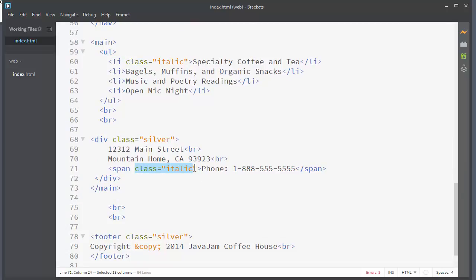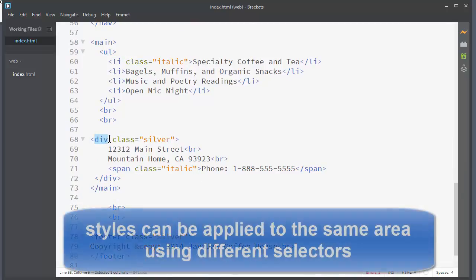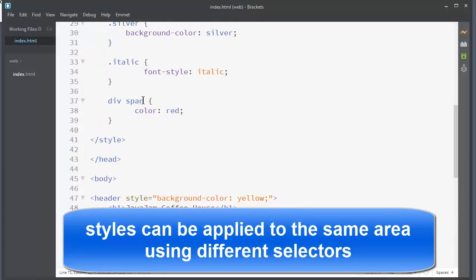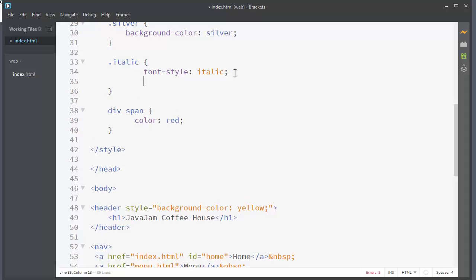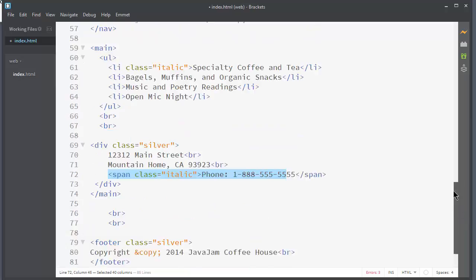I have a class equals italic, and we have the descendant. Now, both of these apply. Styles from here apply, and also styles from my descendant selector apply. So ultimately, styles can come in from other sources. They can be additive. Supposing I were to put a color in this italic style here, and I'm going to say color navy. Now, we have the color property being applied to this class and the color property being applied to this descendant selector. In the event of a conflict,